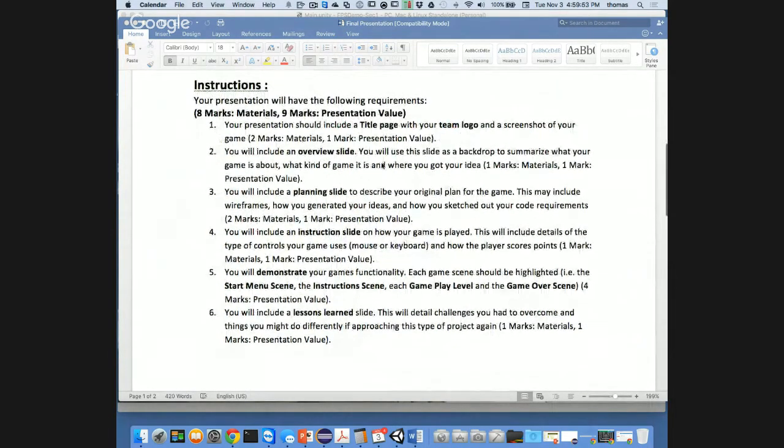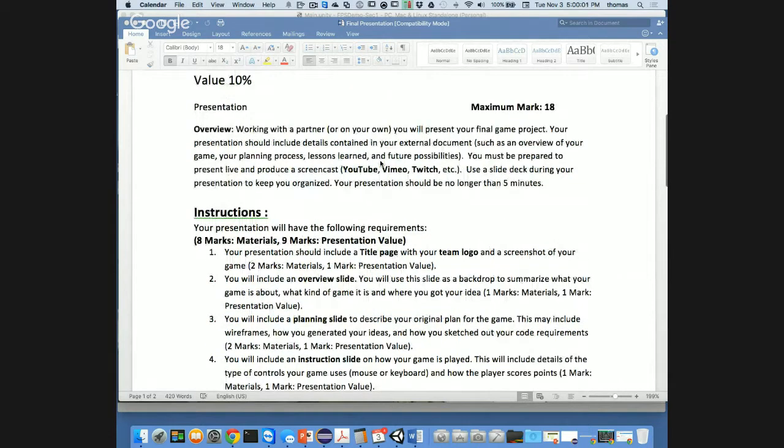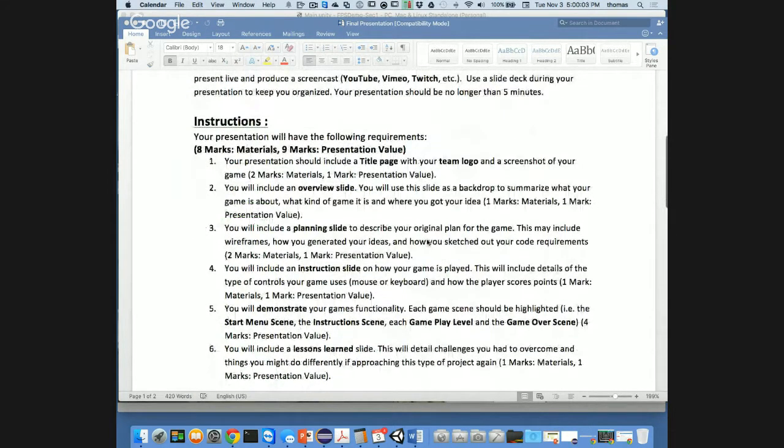If you look through here, it asks you for a slide deck. So it doesn't say, hey, just present whatever you feel like in whatever order you want. It says you've got to present some slides here. Now you can use whatever slide deck type you want: Keynote, PowerPoint, whatever the thing is from Google, Prezi, whatever you want to use. It's cool. You can make your own slide deck if you're really that inclined. Whatever. It's got to be some pages that talk about these things.